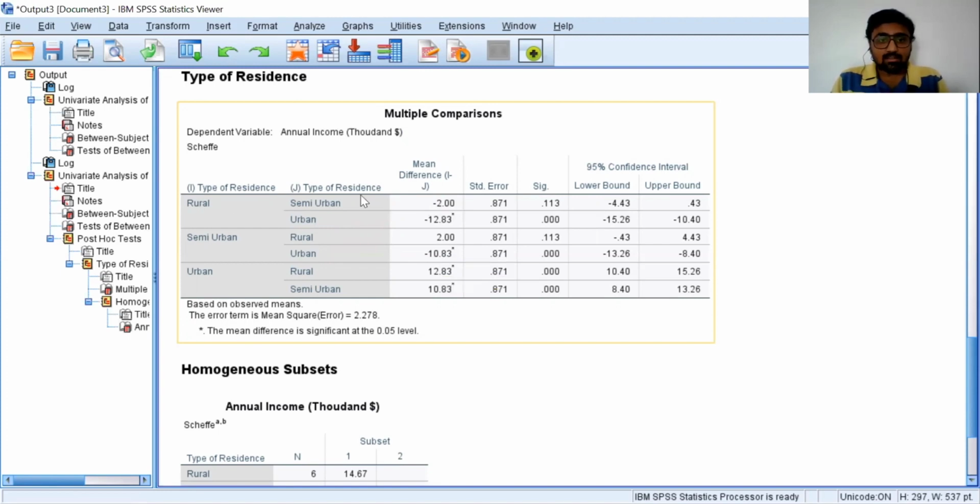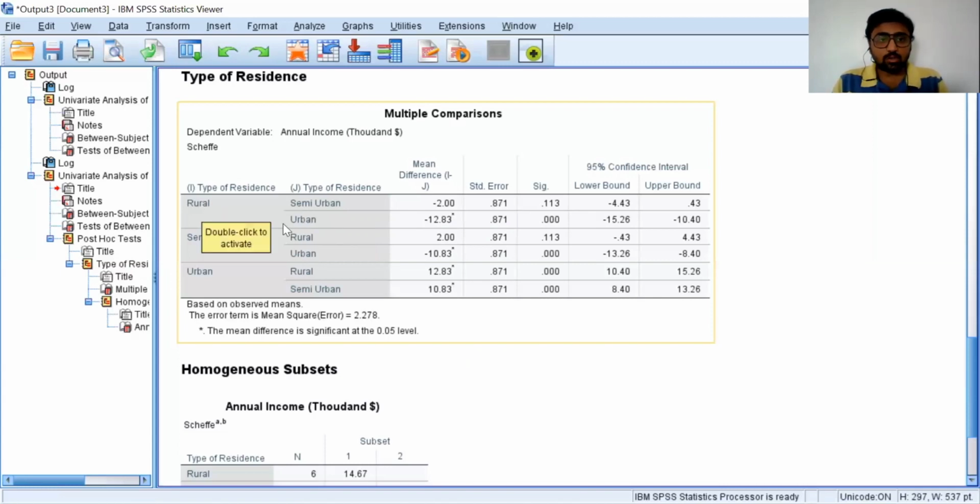So here the difference is -2 between rural and semi-urban. The associated significance level, that is p-value, is 0.113. Now this value is higher than 0.05. Therefore, we fail to reject the null hypothesis of no difference. So here we conclude that the annual salary of rural and semi-urban is not statistically significantly different from each other.